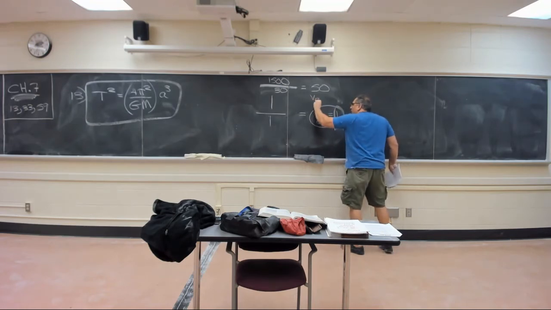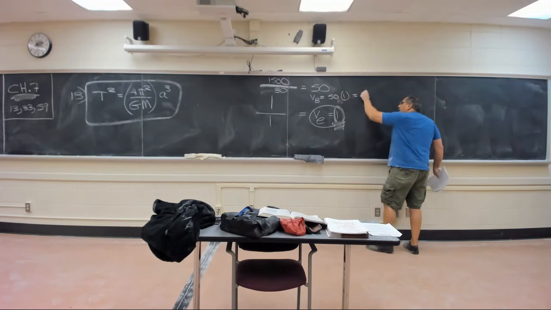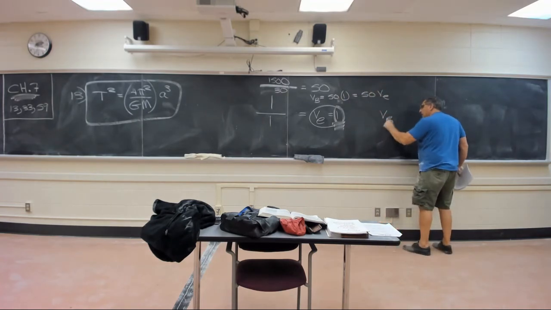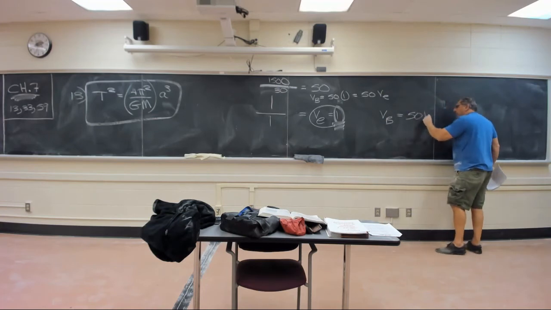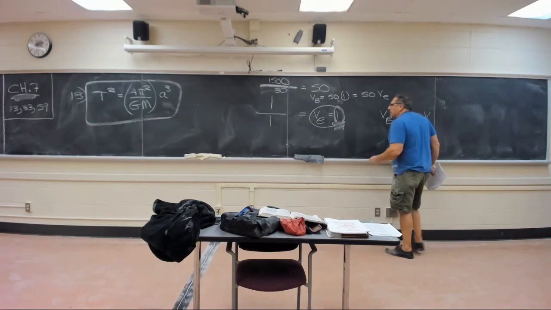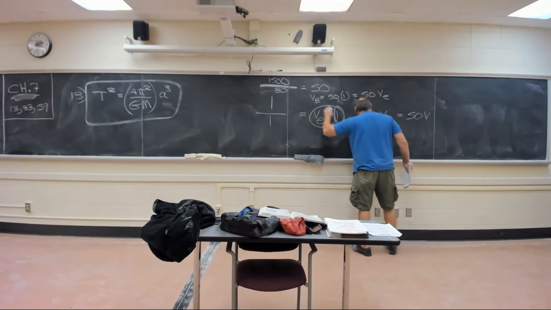V black hole is 50 of those ones. Is 50 of those Earths. The star associated with the black hole, V associated with the black hole. I'm not saying the black hole's moving. That's moving too, I'm sure. But for the star associated with the black hole,